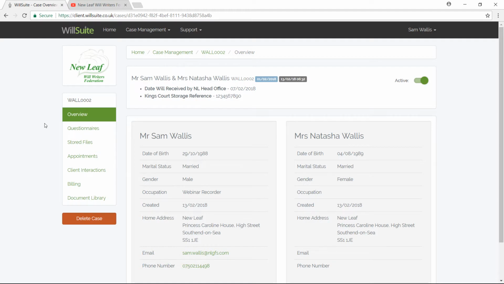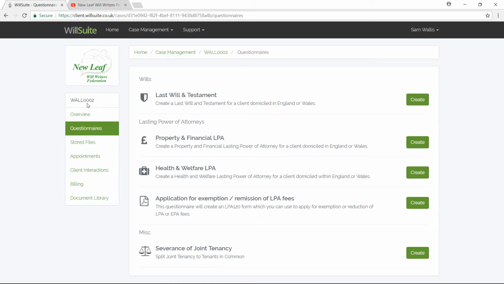From the case overview, it's very simple to start creating a will. So you would go to the questionnaire section on the left hand side. Once you've created your client, all the options available to you for that client are on the left hand side of the system. So we would pick questionnaires, and our choices are as follows: last will and testament questionnaire,